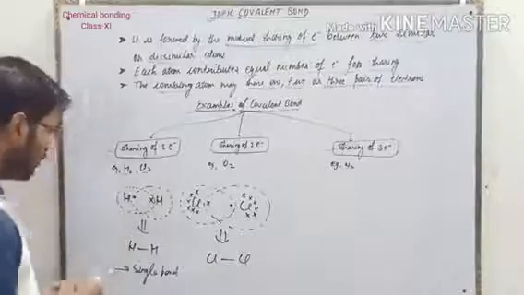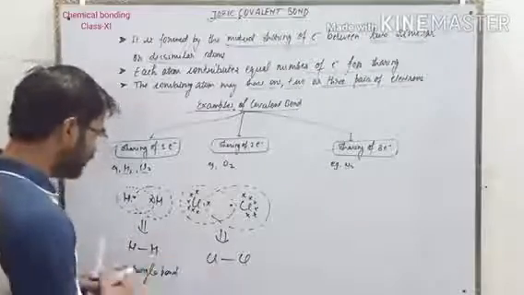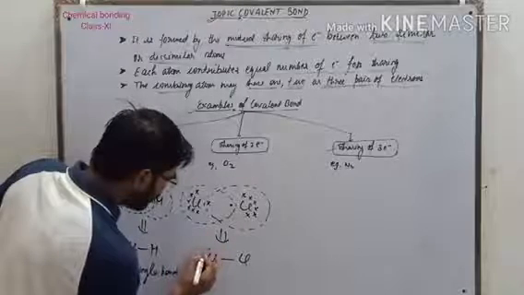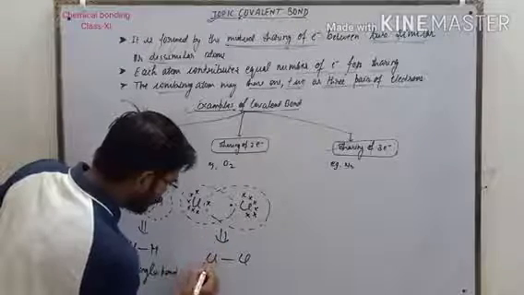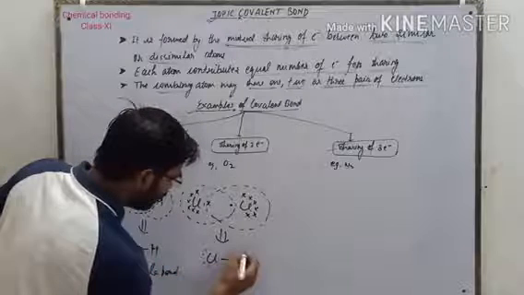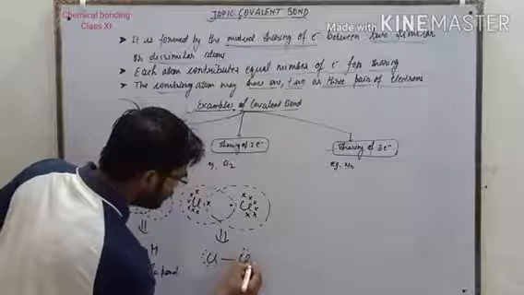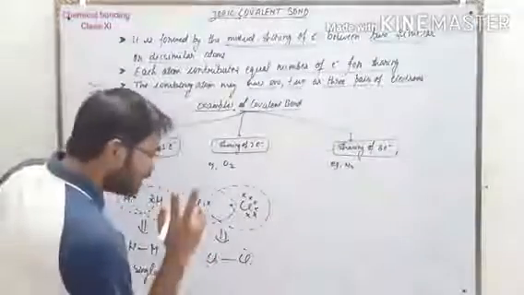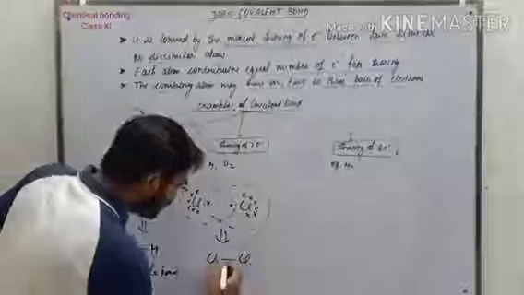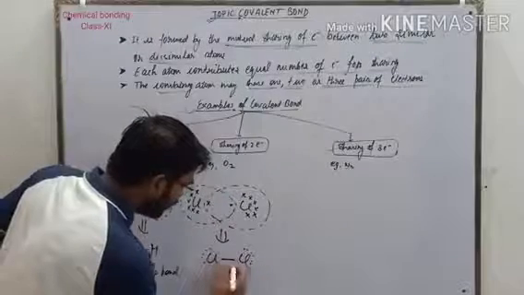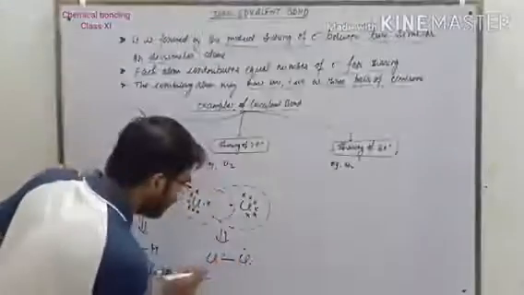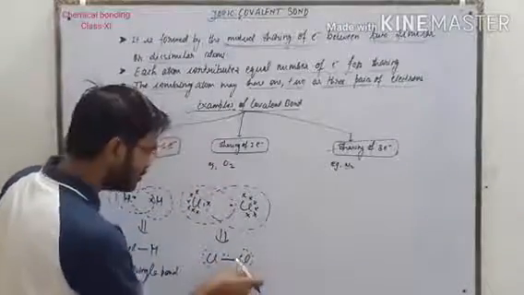Now let us understand some important things in this sharing of electrons. There are 6 electrons left on one chlorine atom, and also 6 electrons left on the other chlorine atom. So there are 2 types of electrons in chlorine. A single line represents 2 electrons: 1 electron of one chlorine and another electron of the other chlorine.